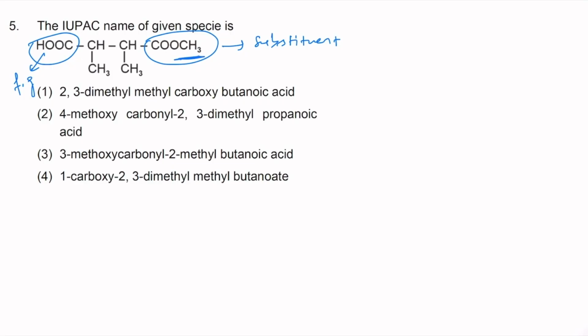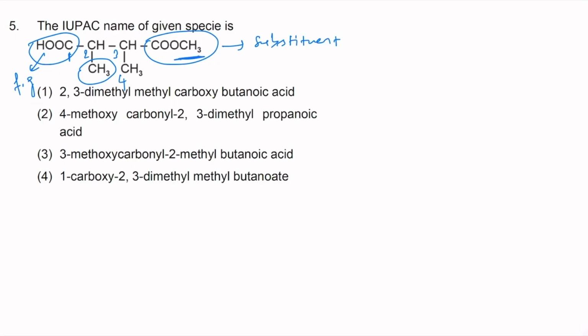That's the correct prefix, and the numbering has to be done this way: 1, 2, 3, 4. We should not choose the carbon atoms that are there in the substituent as part of the parent chain. They are just part of the substituent. Therefore the numbering has to be done this way. We do see a methyl group at 2 position. Therefore